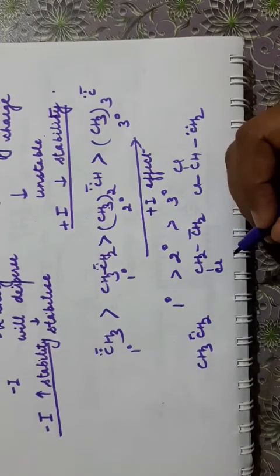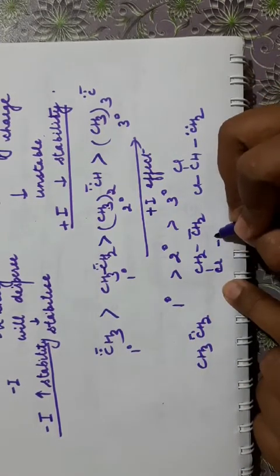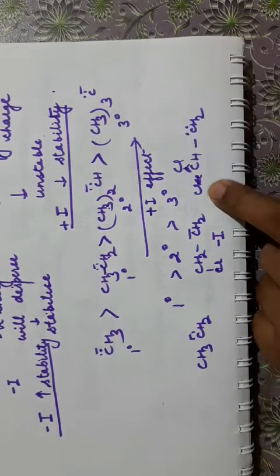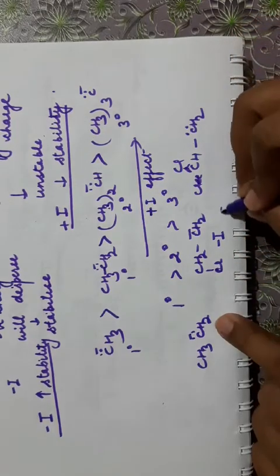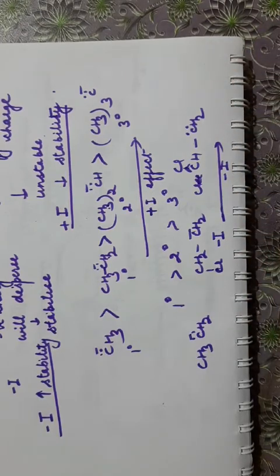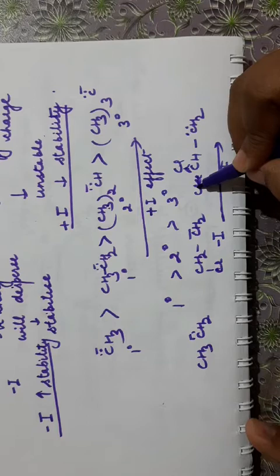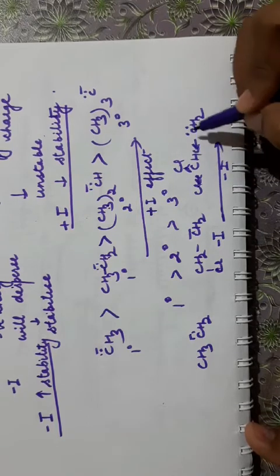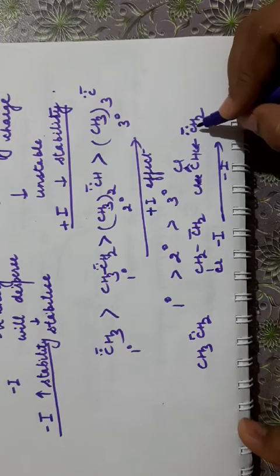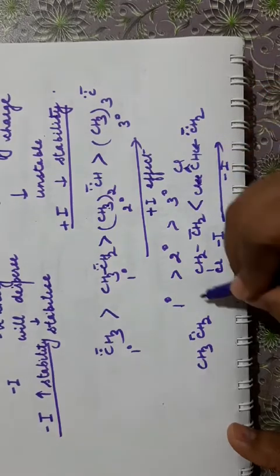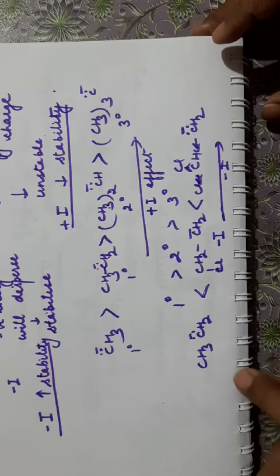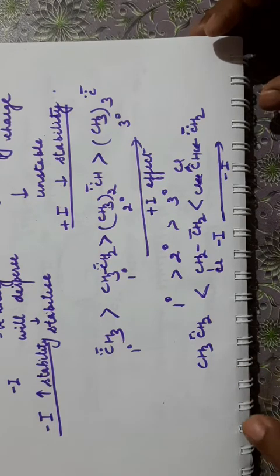Now you must remember Cl has a minus I effect. So 1 minus I effect is acting here. There is minus I effect of 2 chlorine groups. So the minus I effect is increasing in this order, that means the stability will also increase in this order. So there are 2 Cl which are withdrawing the electrons away from this carbon. They are withdrawing the electrons, which means the negative charge will get decreased or it will get dispersed. So this is more stable than second, second is more stable than first. So this is the way you have to find the order of stability by using inductive effect.